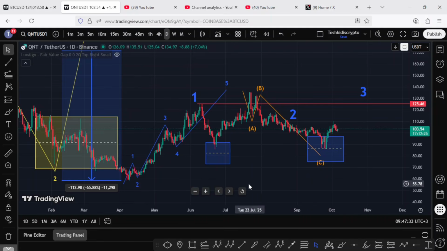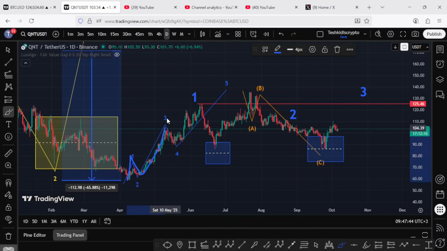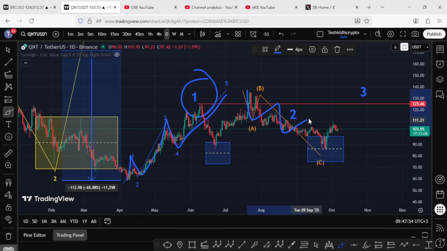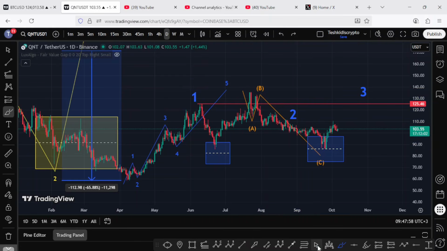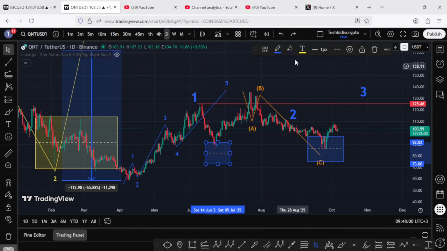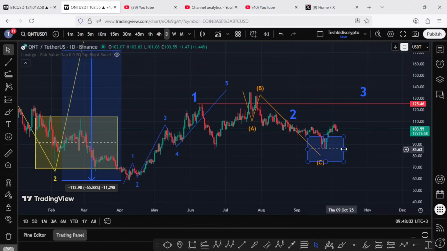And starting the video here on the daily chart, my analysis has been that from the lows we made on the 7th of April, we peaked impulsively in a 5-wave structure, completing the formation of this larger wave 1. And after we peaked in the formation of that first wave, we started a pullback to the downside in the formation of a second wave, whose minimum target areas have been highlighted on the chart using this blue target area,